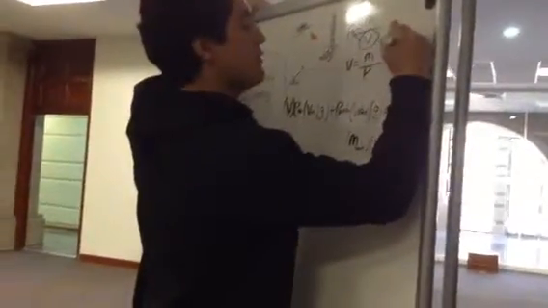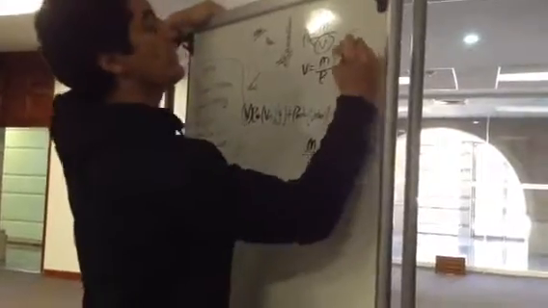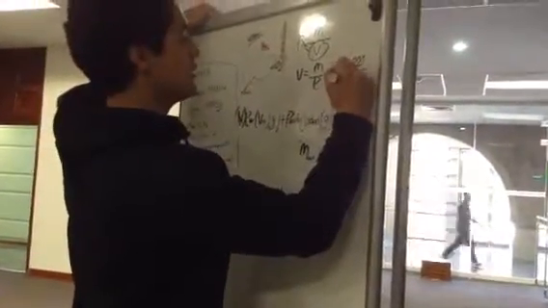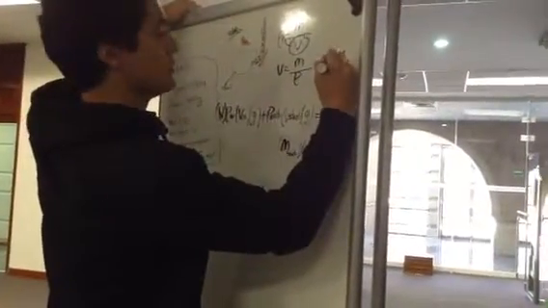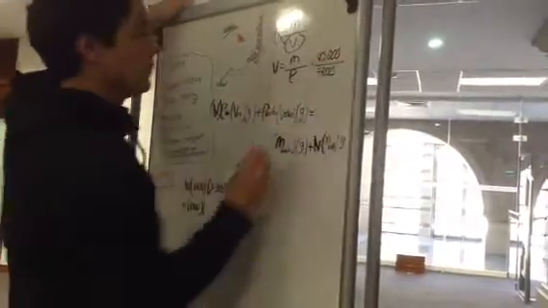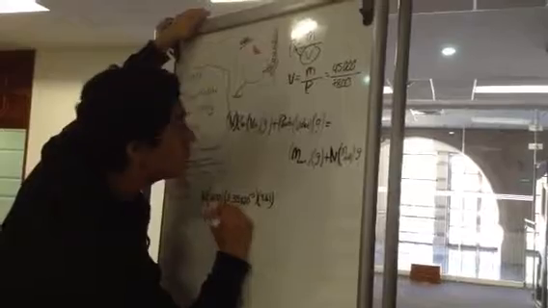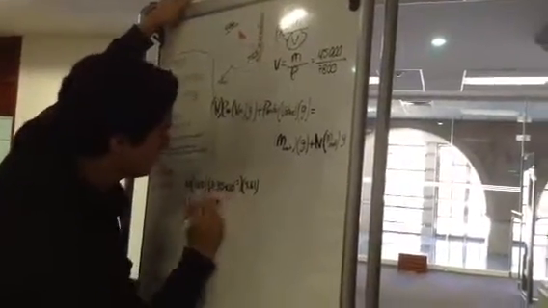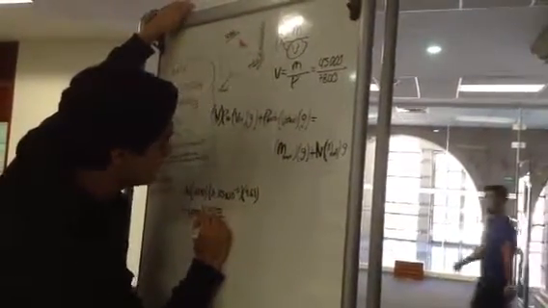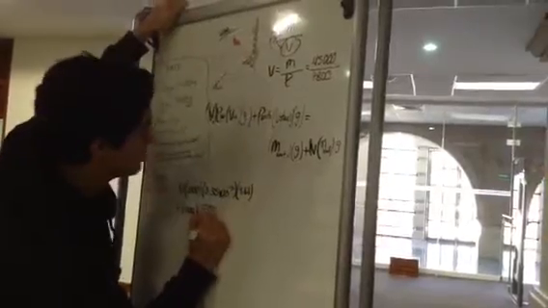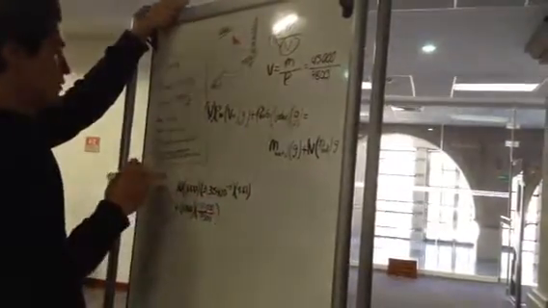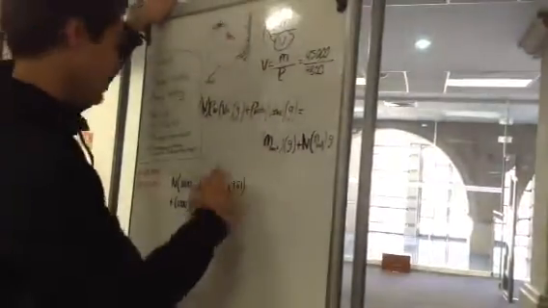So we determine this, 4,500 over 7800, times gravity,